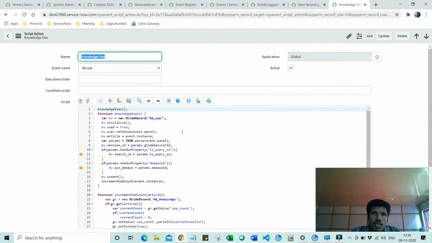And it lets you use that particular event's attributes using the event object. Okay, it is a global object, event. And when we use param1 as the attribute name, it fetches the value on param1. That is how you get to use the event outputs on a script action as well.